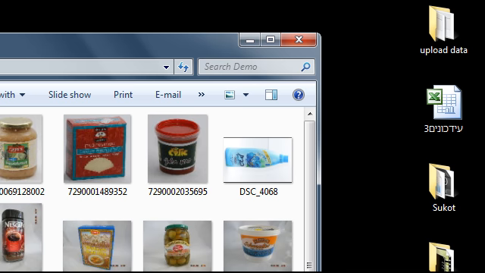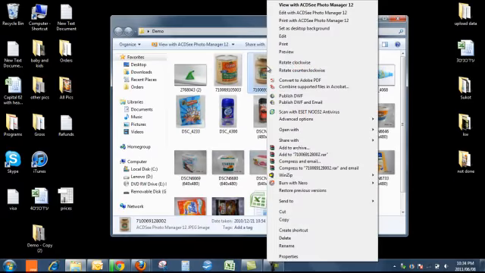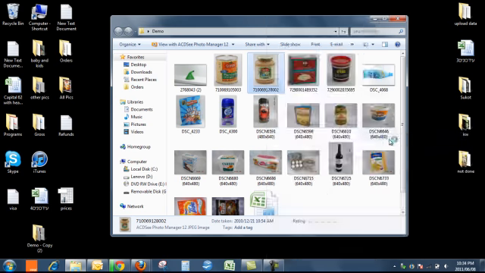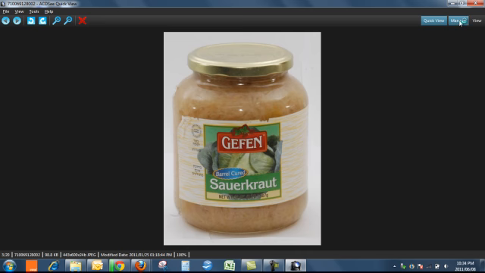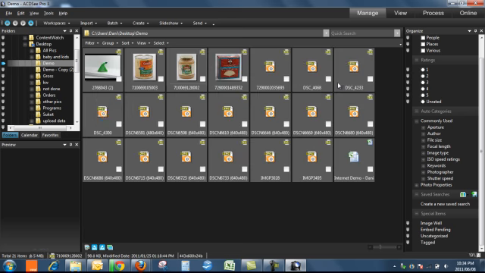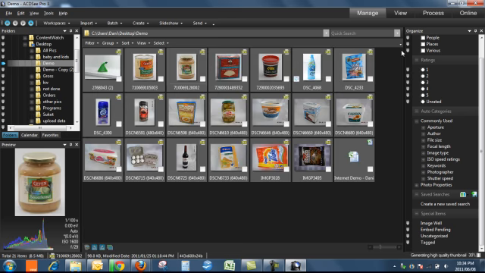So I'm going to show you how to edit these photos. We'll just take a few for it as an example, and we'll see what we make of them. So the program I'm going to use is ACDSee Pro. It's a very good program for editing pictures. It's not a free program, but it's very good. Okay, we're going to go to Process,